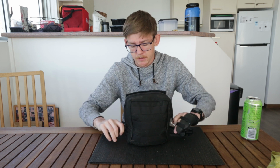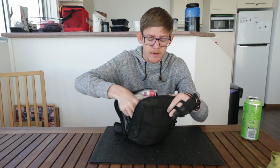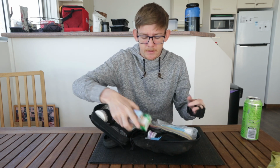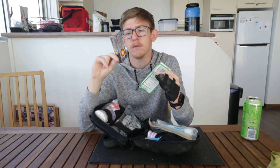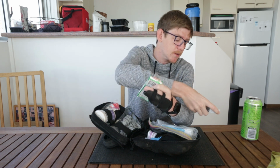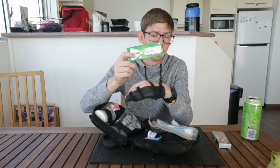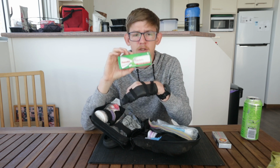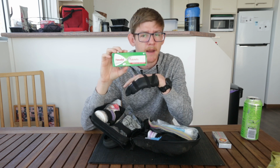So let's open this up. Now, bear with me, I do have stuff everywhere in here. So as you can see, this folds out. I keep some ibuprofen or Nurofen in here. It's an anti-inflammatory, so people can take that. Panadol, antipyretic, and also pain medication. People actually really underestimate Panadol to subdue a bit of pain, so